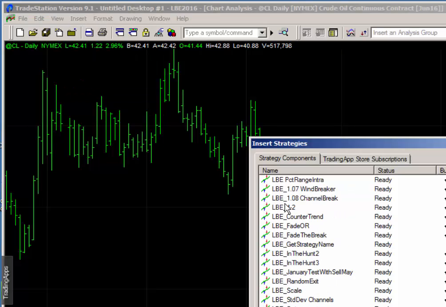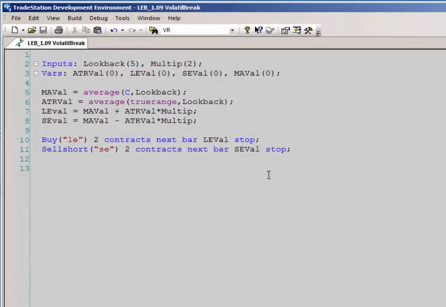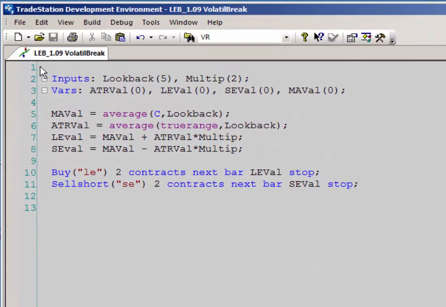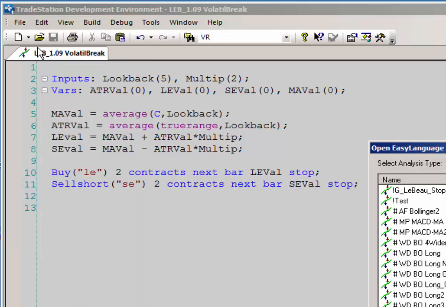LBE 1.09. Oops, it's not there. Let's go find out what I called it. We go back to the code. I've called it LEB 1.09. From the menu, I can change that. File, open. It has to go and look in the library listing where I can actually find it and change